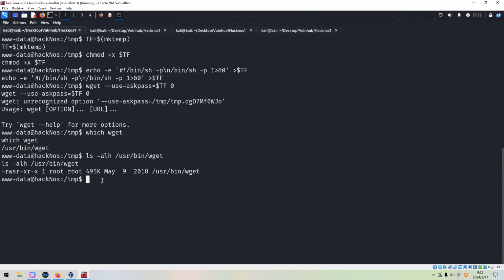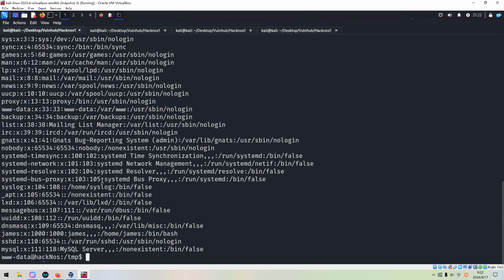So I think now how to do. I think I've already demonstrated this technique before. However, I'd like to showcase again because this is so great. Maybe other guys do not use this way, but I prefer to use this way to elevate privilege. Okay, so for example, first of all, we can get or retrieve the password file.